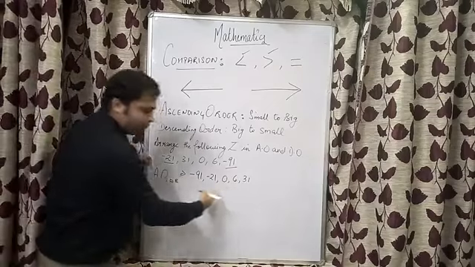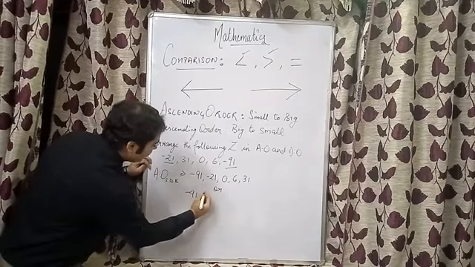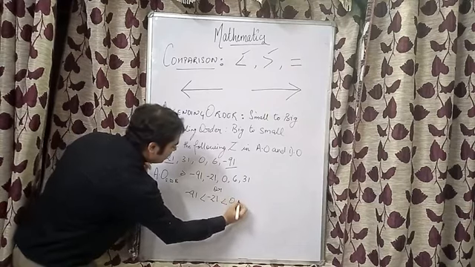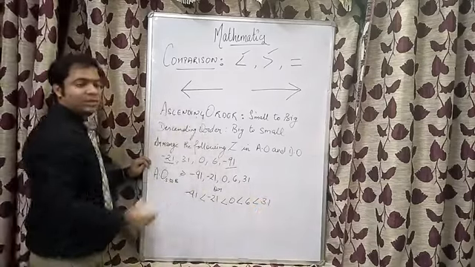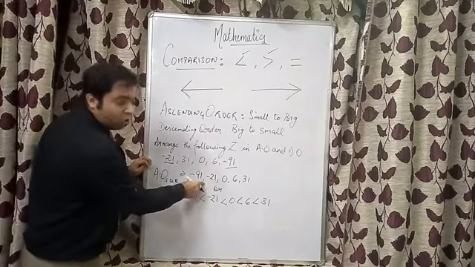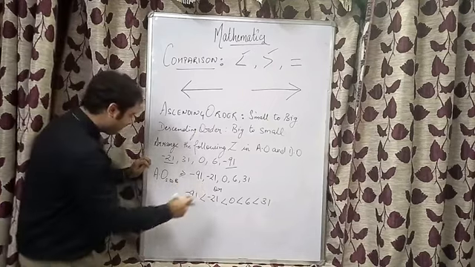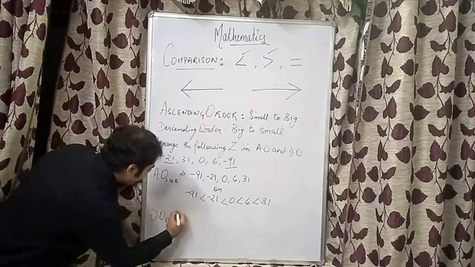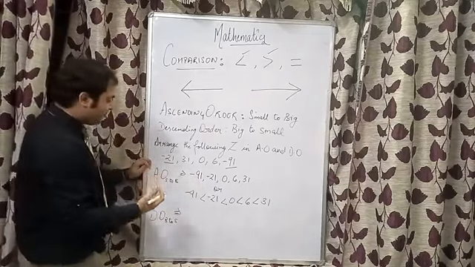In between the numbers, you can put commas, or minus 91 is smaller than minus 21, which is smaller than 0, which is smaller than 6, which is smaller than 31. Any of the two ways you can use for writing ascending order, either with signs or with commas, but not both. Either you select commas or you select signs. Now suppose you have to write in descending order, that is from big to small. In that case, you will go for the biggest number. Biggest one automatically means a positive number.